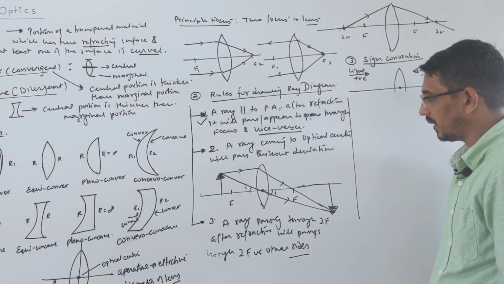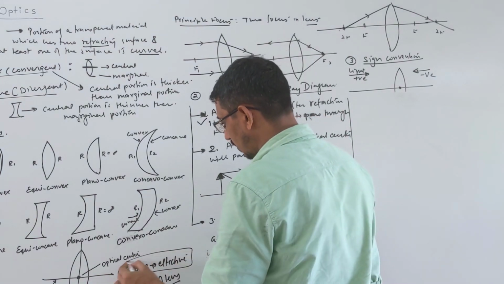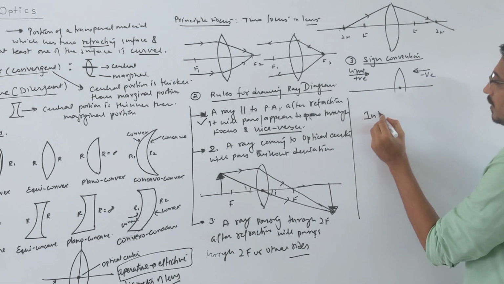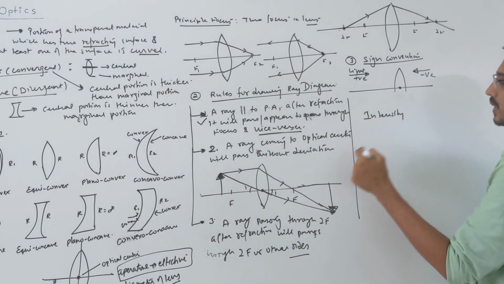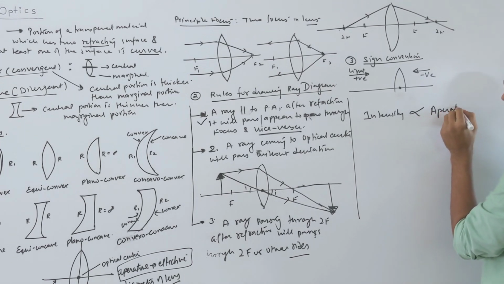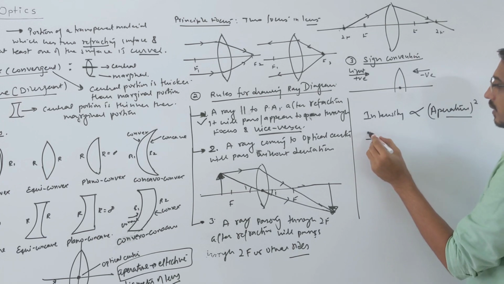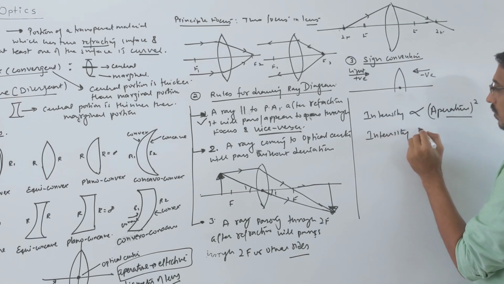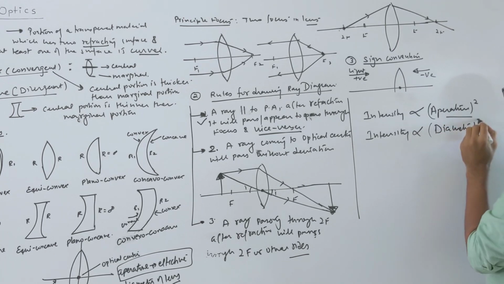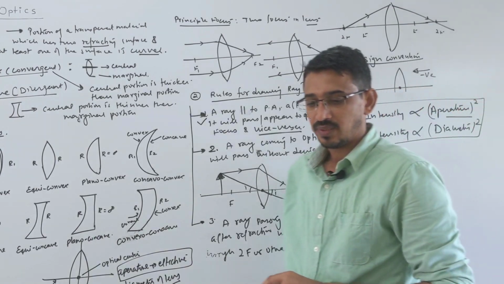One important word came here that I forgot to tell you: aperture. Let's talk about this a little bit. The intensity of light passing through a lens is directly proportional to the aperture squared. If you're confused about aperture, I'm writing that intensity is proportional to the diameter squared. It's very important to remember, because some numericals will come where I will use this.